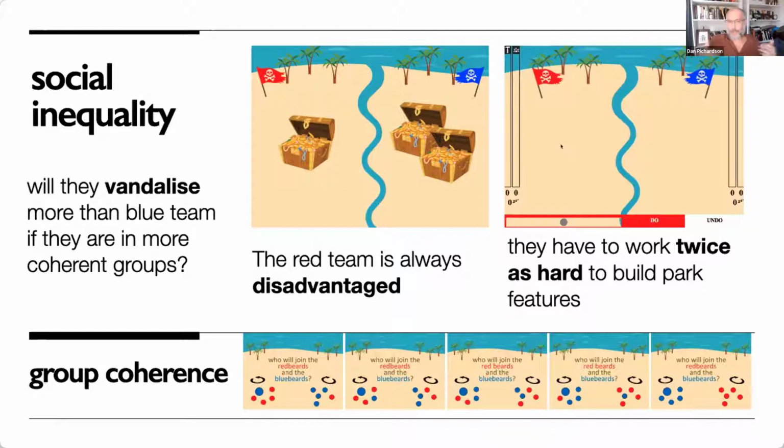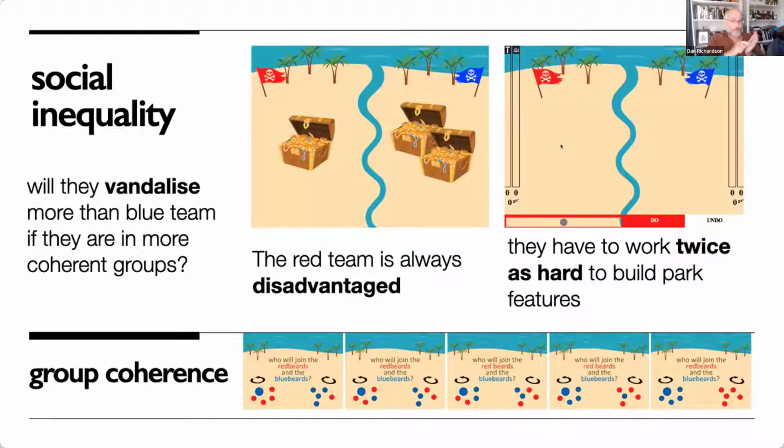What we did in this game, though, was introduce an inequality. So the red team have to tap more than the blue team because they found less treasure in some previous game. So the two teams are playing this game, but the red team are disadvantaged. And what we're interested in is whether that unfairness, that disadvantage, that resentment they might feel would translate into antisocial